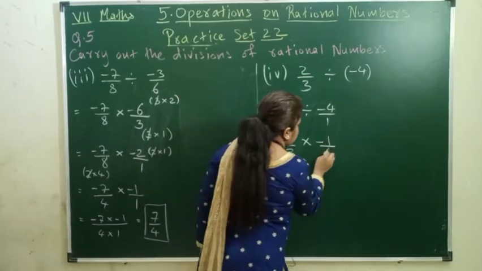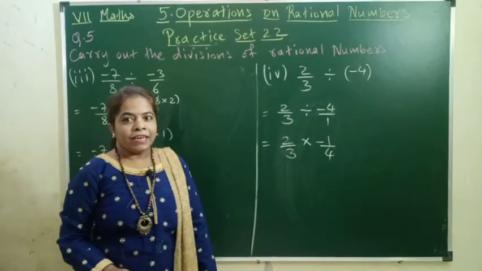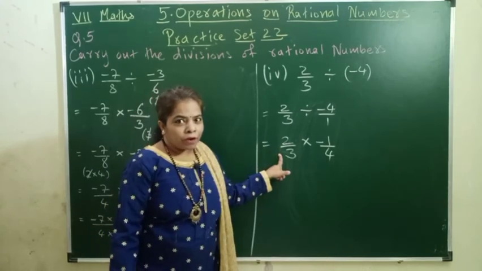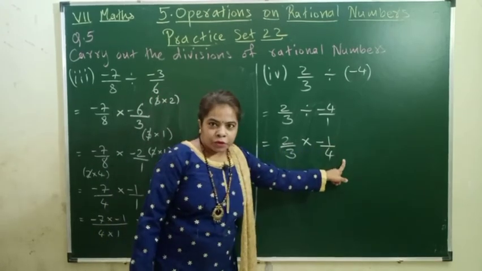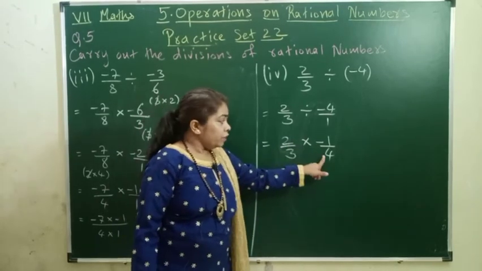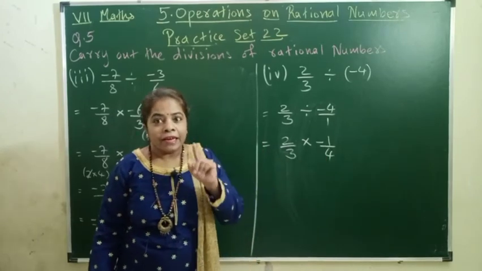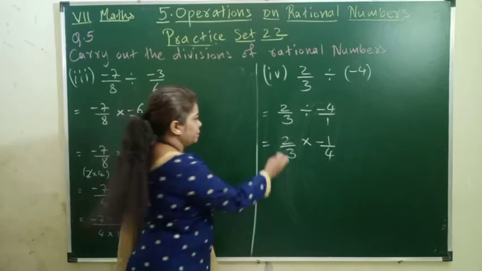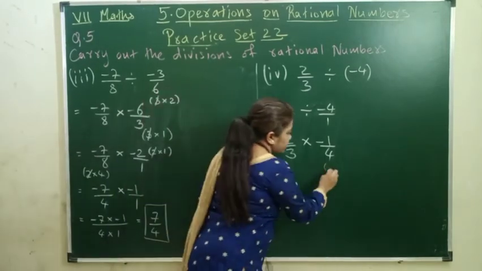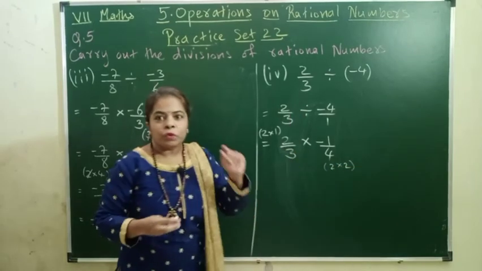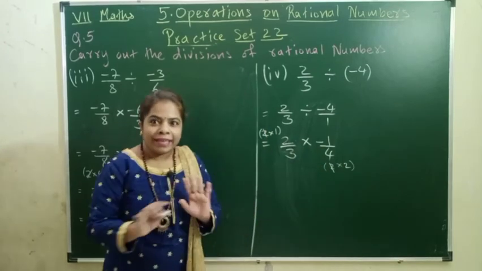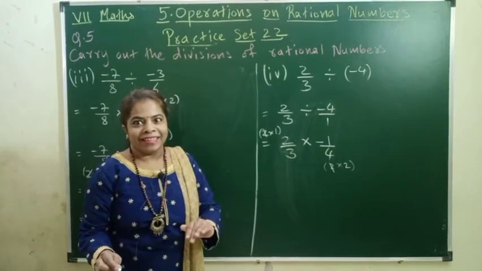So, I will keep the minus sign to the numerator only. Now, these two numbers don't come in a common table. These two numbers don't come in a common table. This way also they don't come in common table. This way 2 and 4, yes, they come in a common table of 2. 2 ones are 2, 2 twos are 4. So this common table we will cancel and we will write the remaining things down.